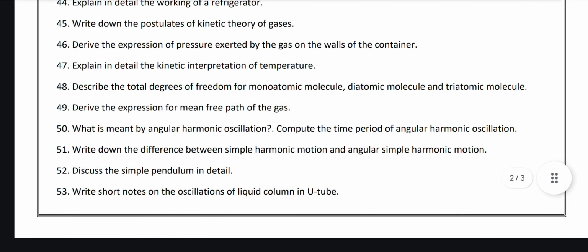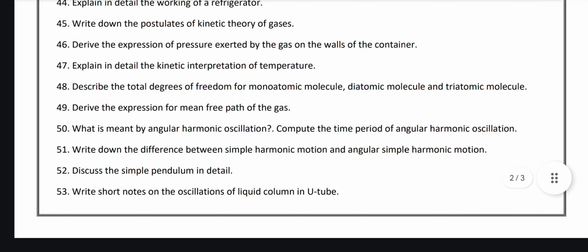50th, what is meant by angular harmonic oscillation? Compute the time period of angular harmonic oscillation. 51st, write down the difference between simple harmonic motion and angular simple harmonic motion. 52nd, discuss the simple pendulum in detail. 53rd,